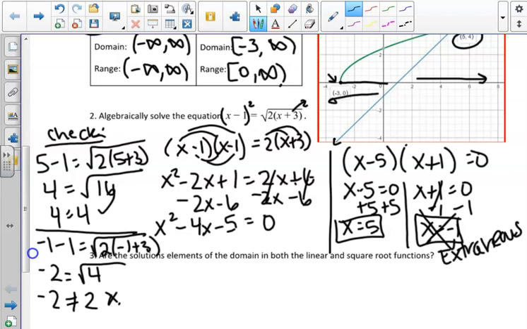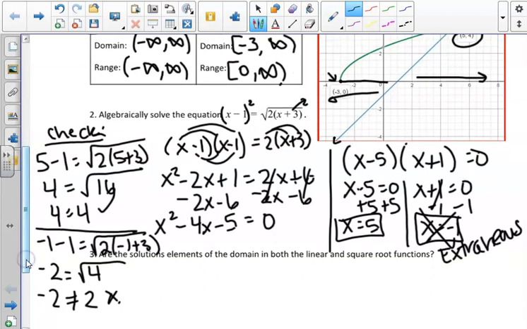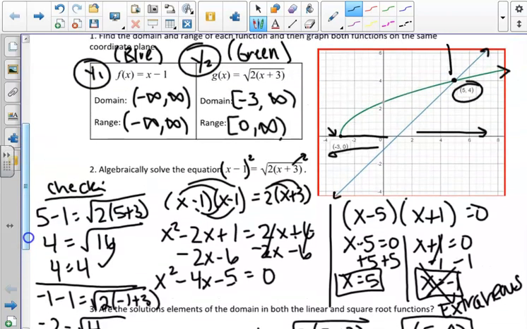Once we know x is only 5, we will now plug 5 into one of our original functions to get y. So algebraically, we'll use the square root function, that's perfectly fine. 2 times the quantity 5 plus 3, and we actually already know what that equals. The square root of 8 times 2 is 16, so we now know that y is 4. So our solution to this line and this radical function is the point (5, 4), which again we can visually check